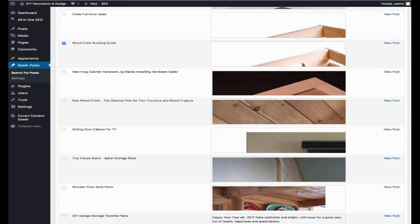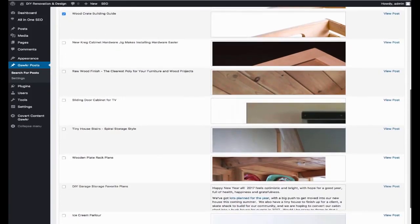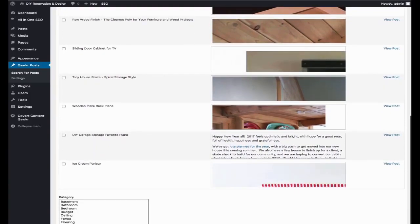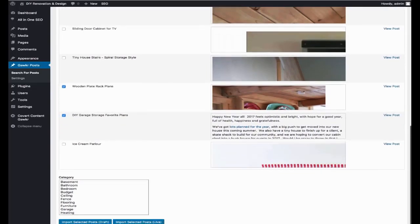So let's put some posts on our blog. I want that one. Cabinet sounds good. And a plate rack, let's do that. And garage storage, and then I want to put that in my storage category. And finally,